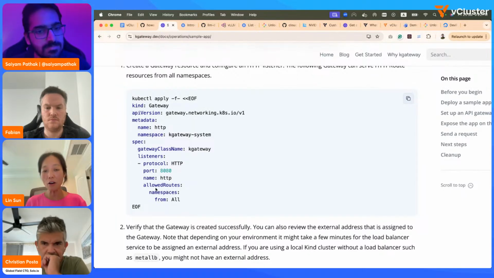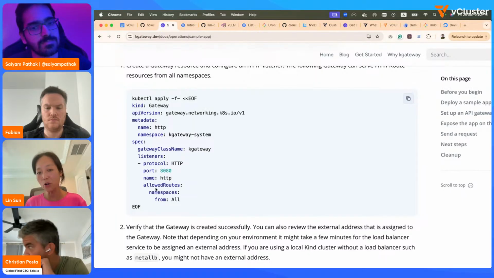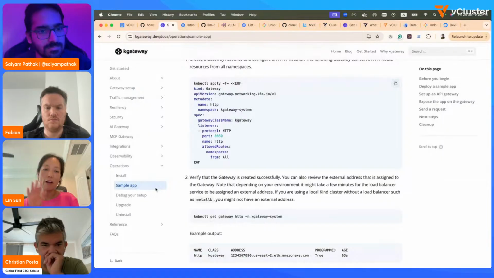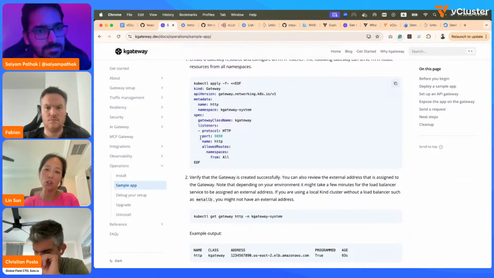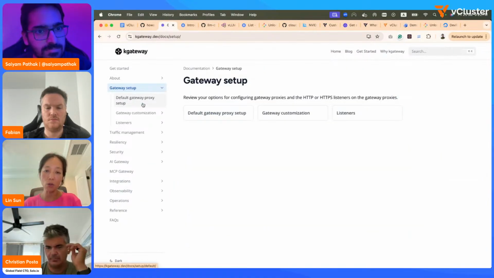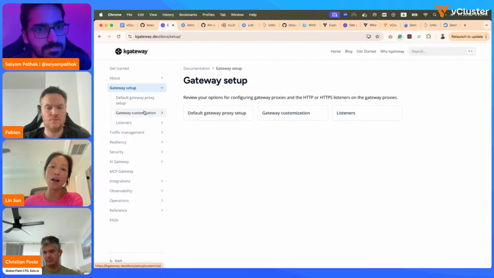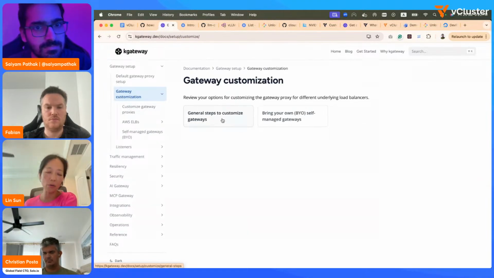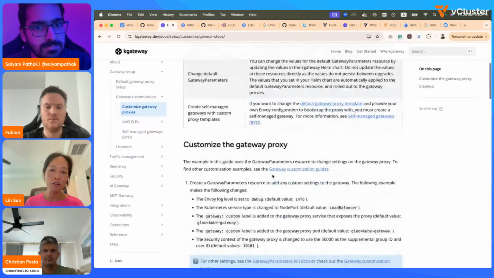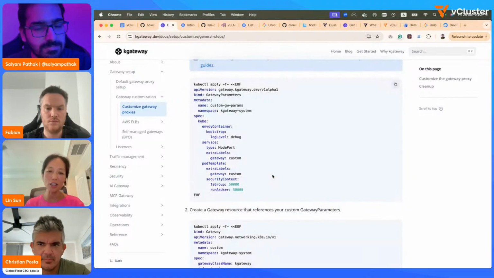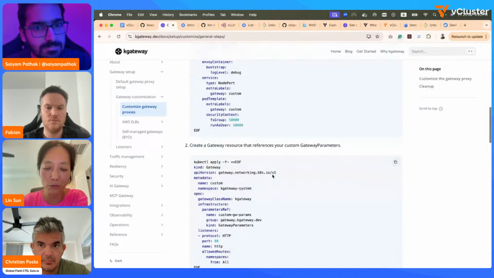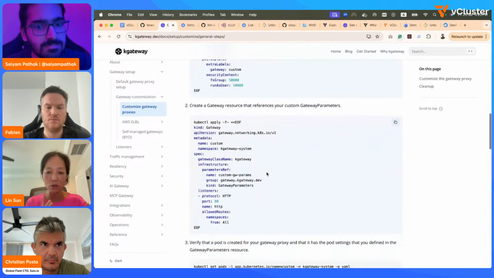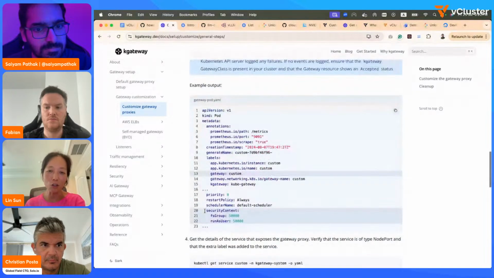But as a cluster operator, you can also say, I only want these 5 teams to attach routes to this gateway resource, and the other 10 teams I want to use a different gateway resource. So the flexibility is provided to the cluster operator for these types of scenarios, and for how you want to carve out your Kubernetes cluster.